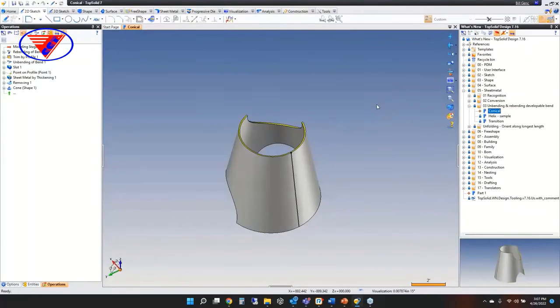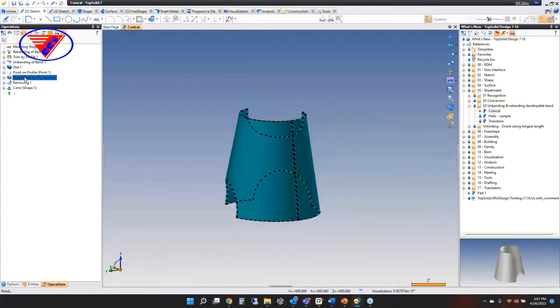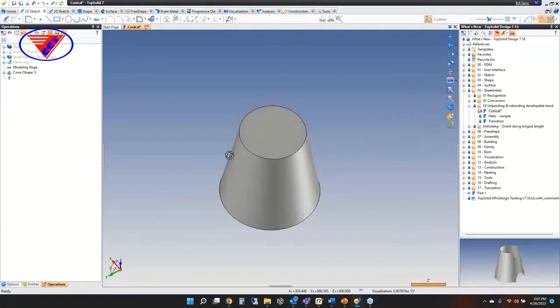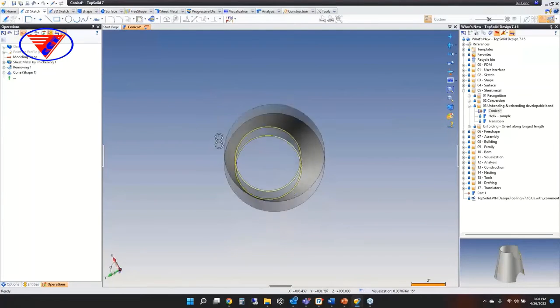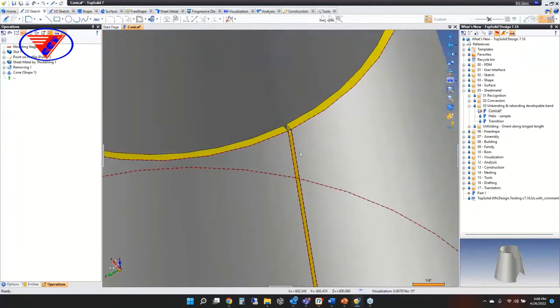Okay. And in my conical sample, let's do this. I'm just going to, you know what? Let's get rid of these 3 features. Okay. So I'll roll back, walk you through it. I made a cone, right? I'm using the Alt up and down arrow keys to step through this. I removed the top and bottom face. I did sheet metal by thickening, and then I created a slot to break it so that it could be